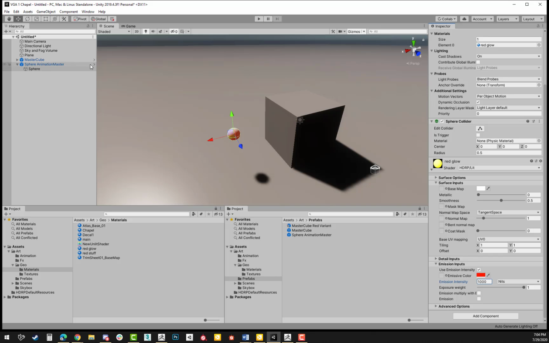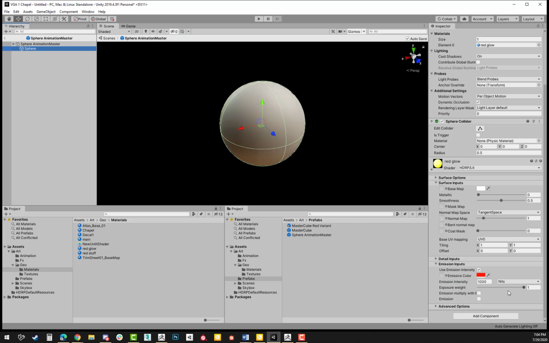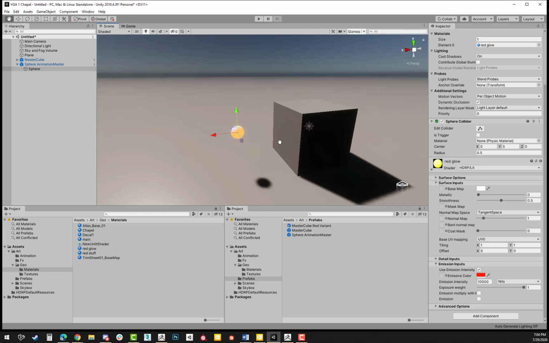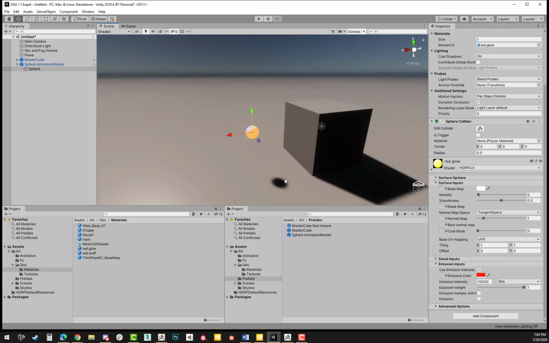If I go inside, it doesn't show it. That's what I was talking about. So I can say like 10,000. And it's the same thing. And it doesn't show up. If I come back out here, and it's this thing. Okay. So I've got my red sphere. It's glowing. And now if I press play,